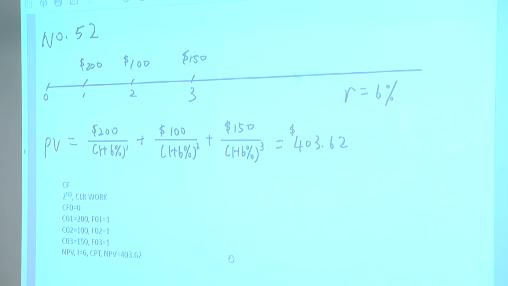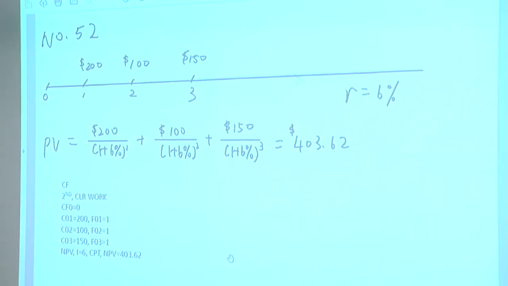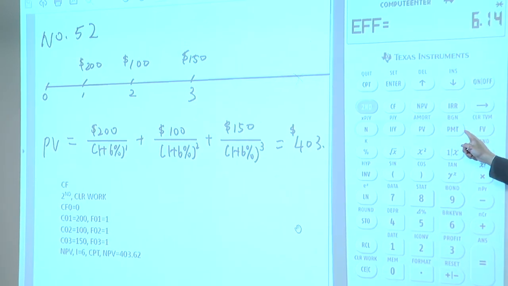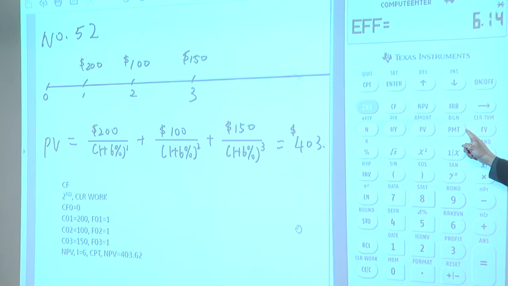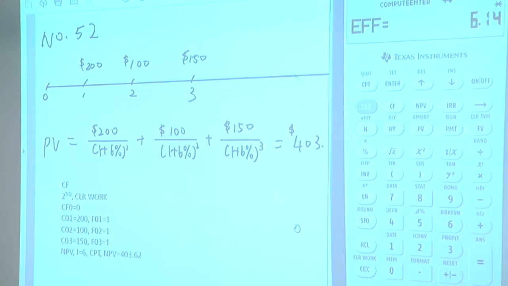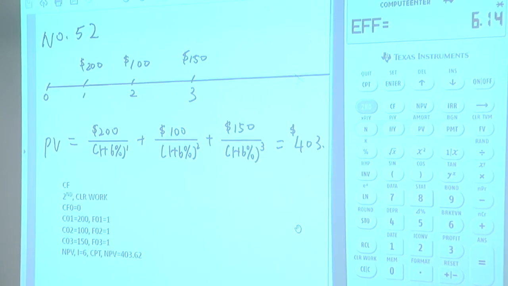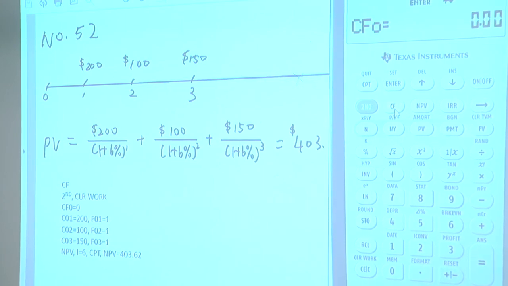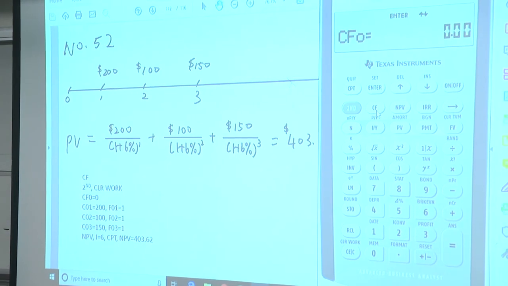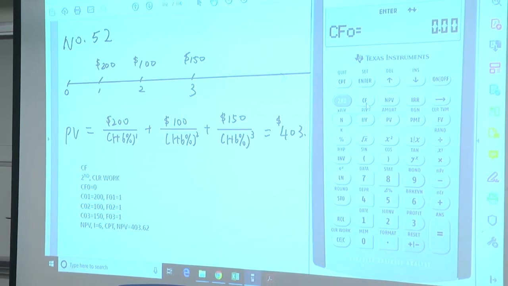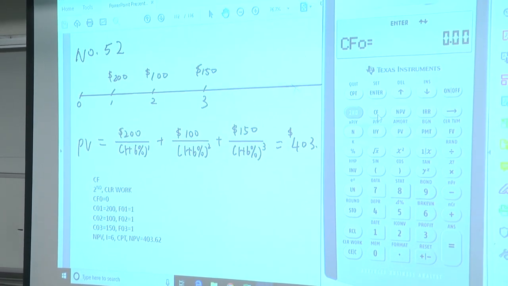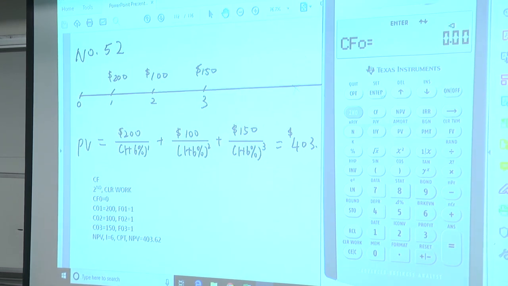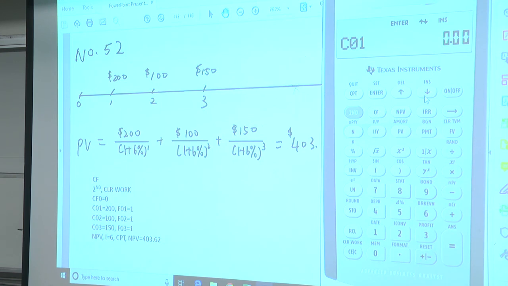Okay? But how do we do it in a calculator? Remember, for the 5 key, you cannot do that because this payment has to be the same for the 5 key to be used. Okay? So how do we deal with irregular cash flows? There's another function on a financial calculator, which is the cash flow. You press the cash flow, you can enter every cash flow every year into the calculator. Okay? This is cash flow 0, it's 0. Okay? Cash flow number 1 is 200.